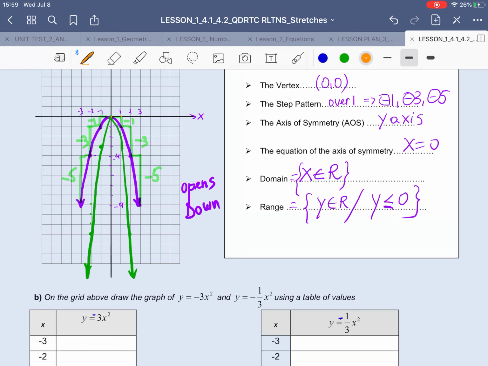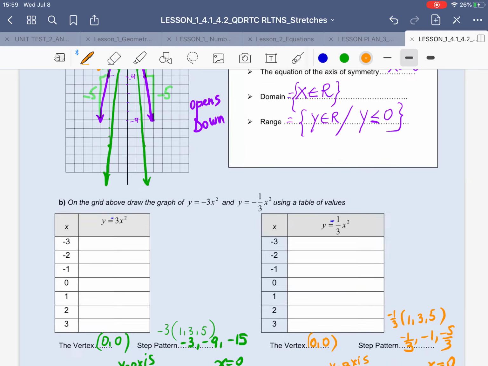Okay, so let's do it with the step pattern. So over 1, down 1/3, over 1, then down 1, and over 1, down 5/3. And this will be the graph of negative third. Okay. It will be 3 times as short as the